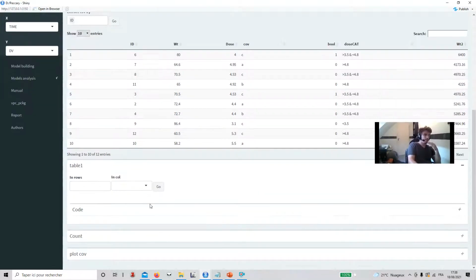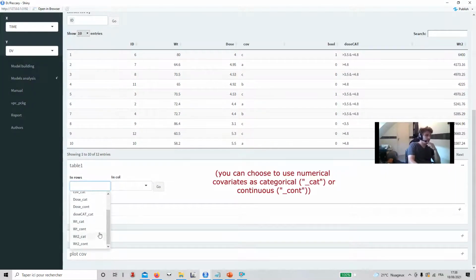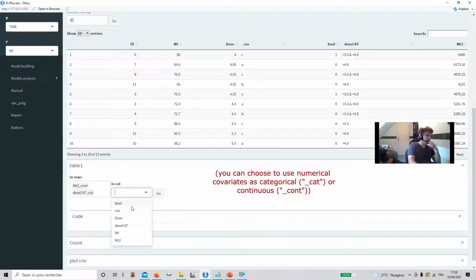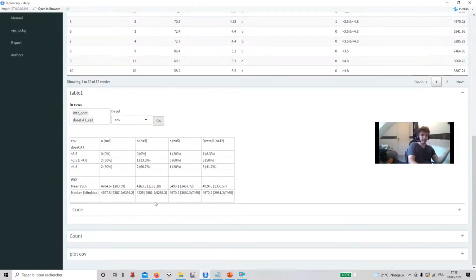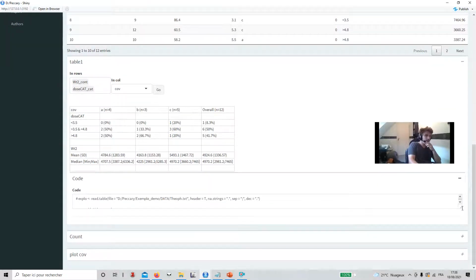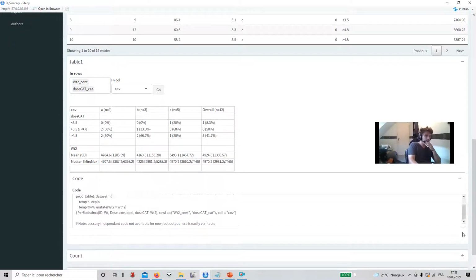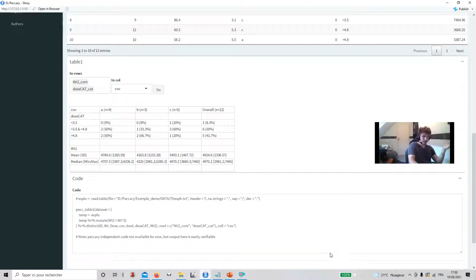Then you can do your description. So let's say I want to analyze my W2 continuous and my dose cat on curve here, and you will have, well, your basic population descriptions. You will have the code you need to write from scratch if you want in the R console, with the specific